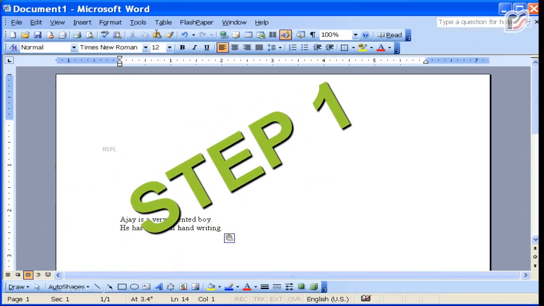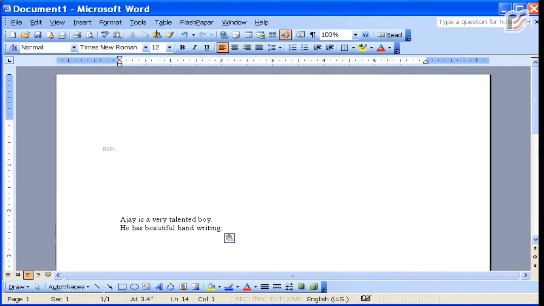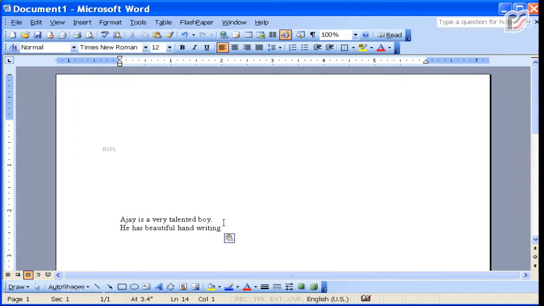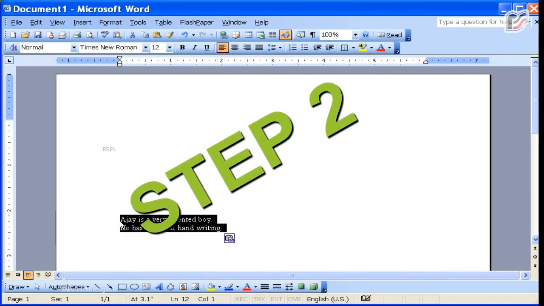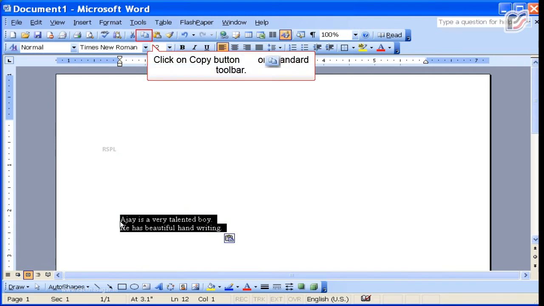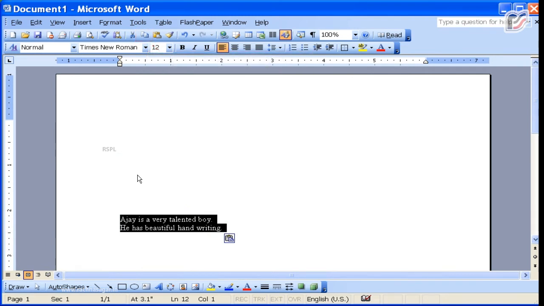Step 1. Select the text. Step 2. Click on Copy button on Standard toolbar. Step 3.